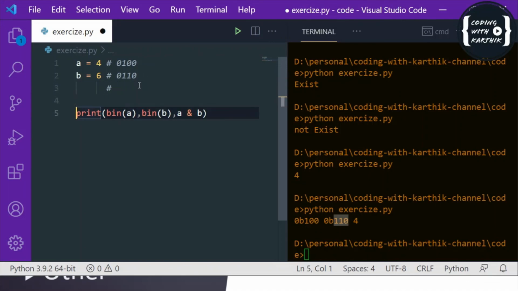So if you check this one, 0 and 0 is 0, and 0 and 1 is 0, 1 and 1 is 1, and here 0 and 0 is 0, so the final value is 0 1 0 0, which is 4. So basically these bitwise operators do the actions on the binary format of the numbers, not on the actual values, I mean not on the integer format.